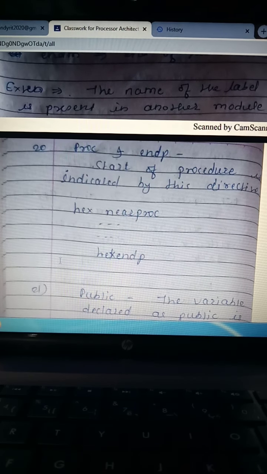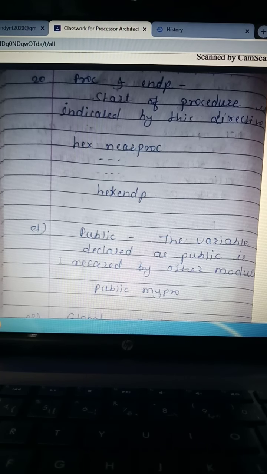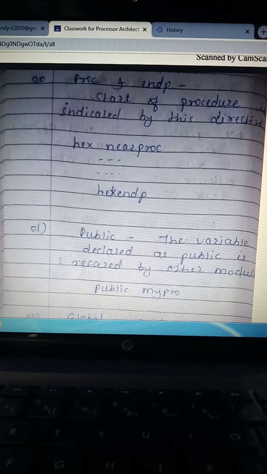Next one is the procedure, PROC and ENDP. PROC is nothing but the procedure directive. It is used to show the starting of the procedure, and ENDP is used to show the ending of the procedure.